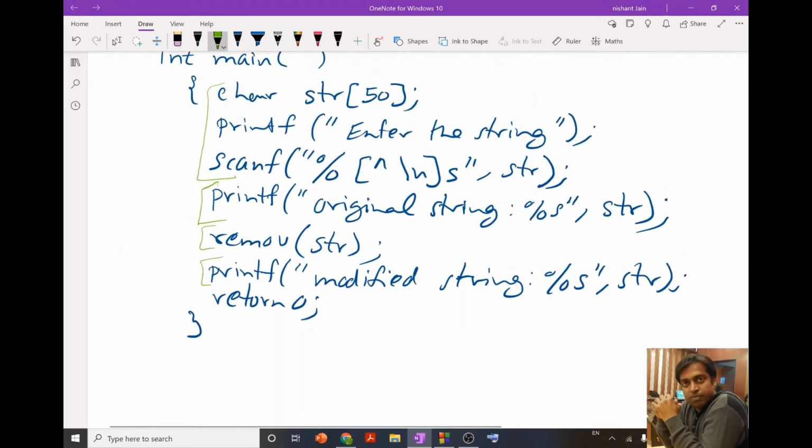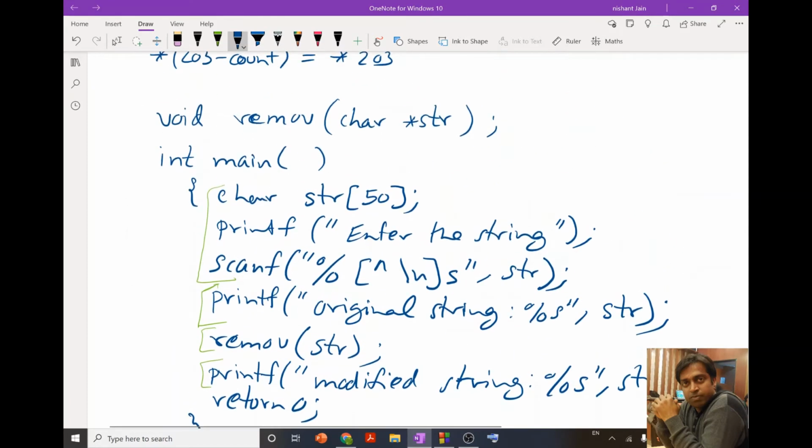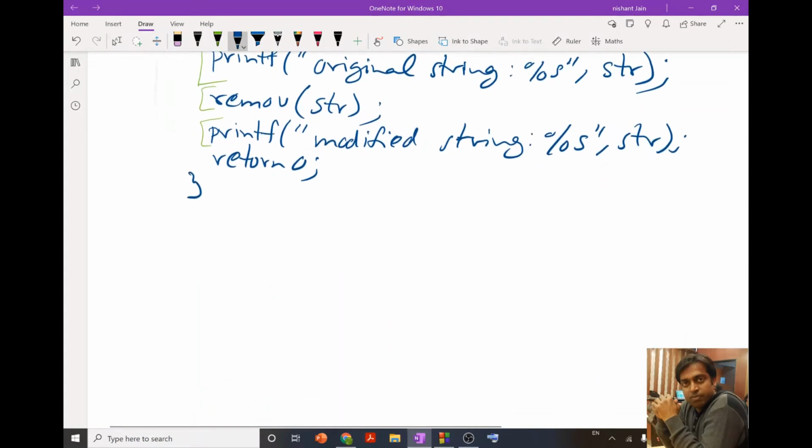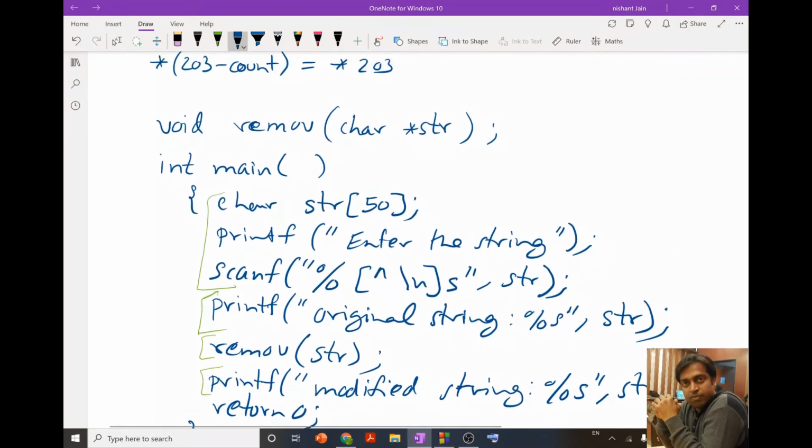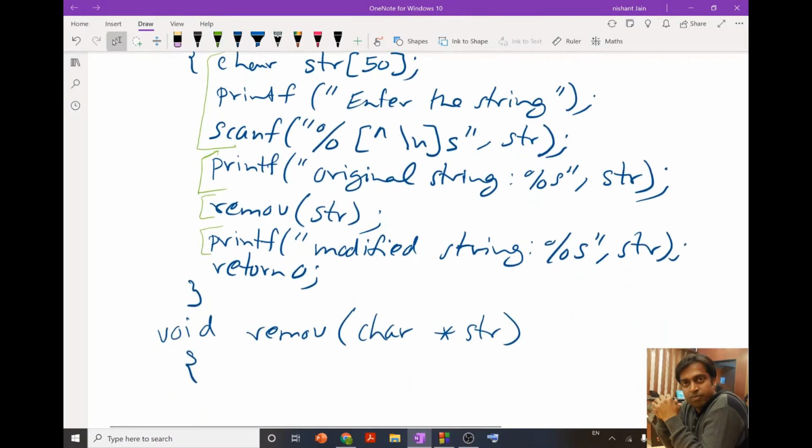Now let's come to the function definition. For the function definition we have char star str, the same expression we used in the function declaration.